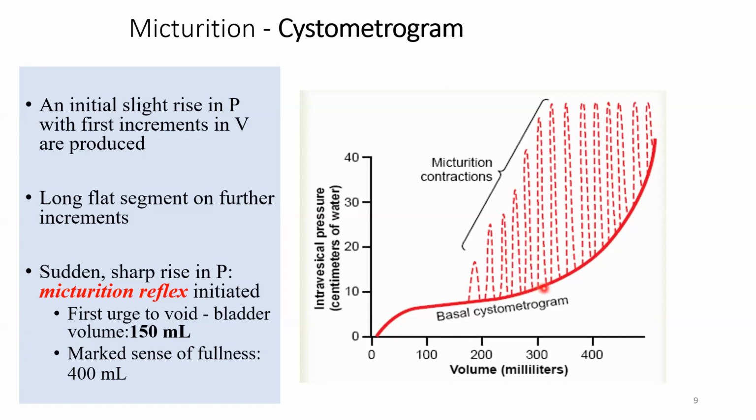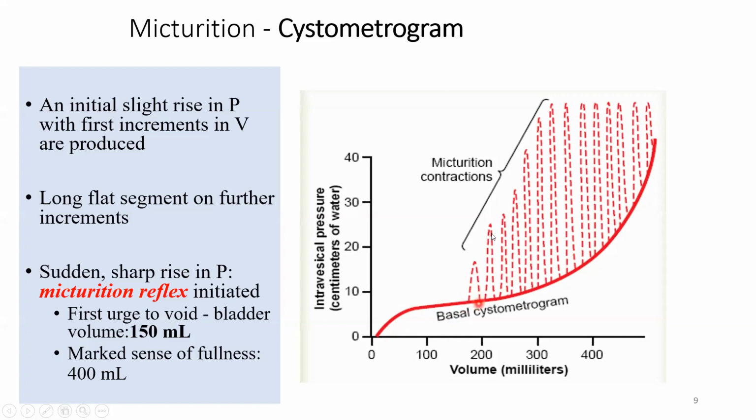It's only after an optimal point that we are nearing the bladder capacity, which is around 500 ml really. It's around 300 where the bladder wall is now taut. It has enough volume. Now when you add more volume, and if you don't void, it will register an equivalent increase in the pressure as you increase the volume. So this is where the direct proportion takes place between volume and pressure. And beyond 400, you're really asking for it. This is really steep and it goes up. Okay, so having done this,